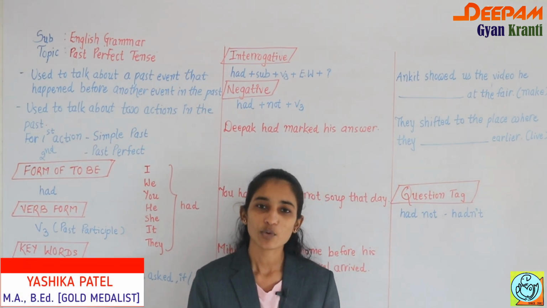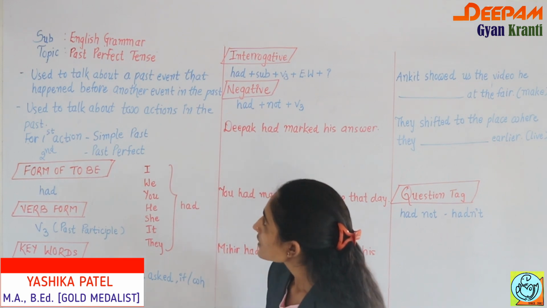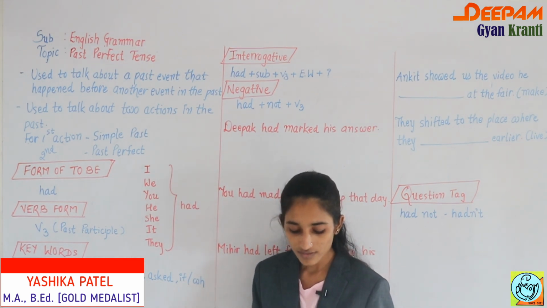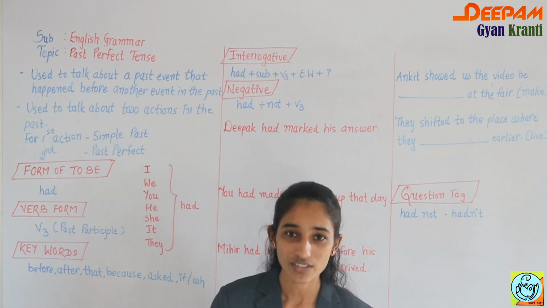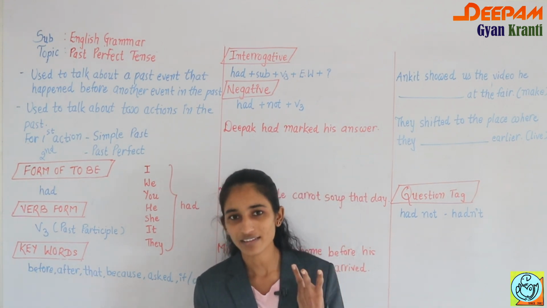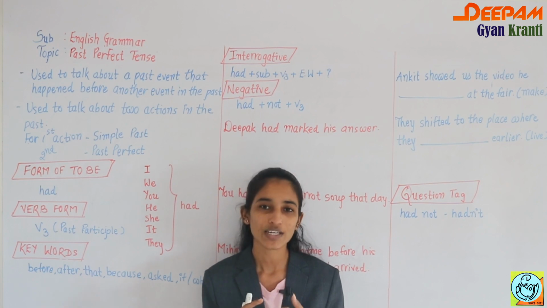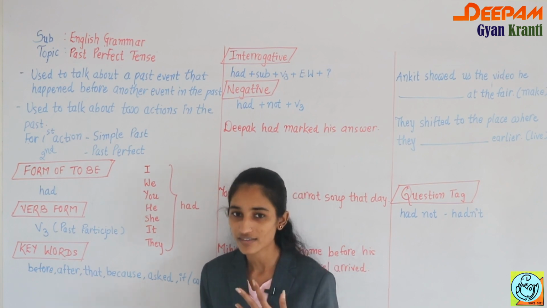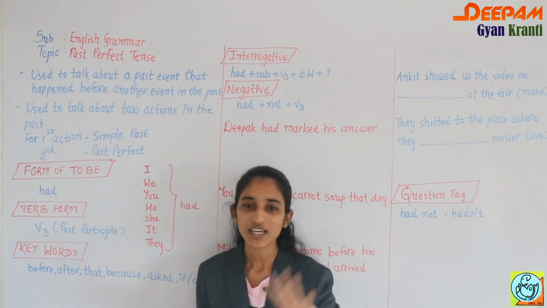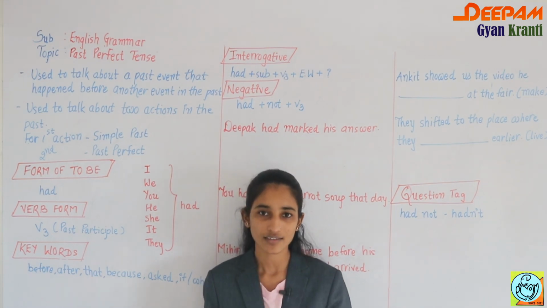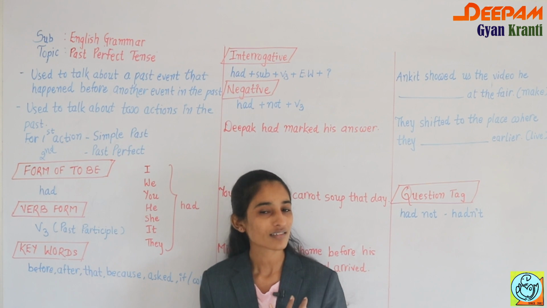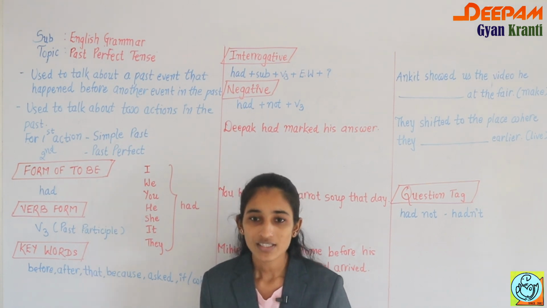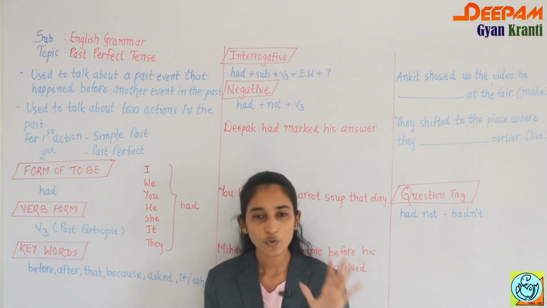And today in this video we are going to learn past perfect tense. As far as the tenses are concerned, if we are talking about any language, basically we have three main tenses. One is present tense, one is past tense, and one is future tense. With the help of that we have four tenses each, and we have already completed simple past tense, then present tense, all four present tenses.